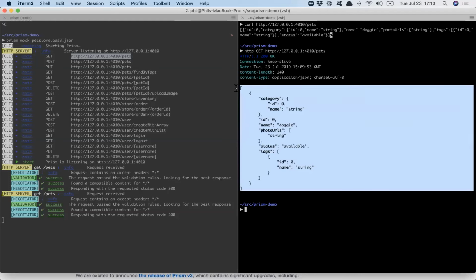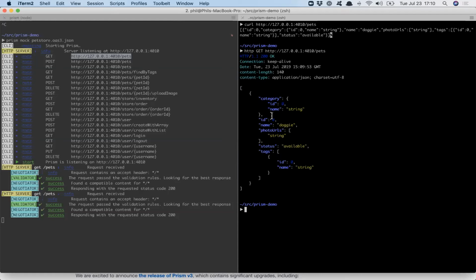A very simple example might look like this. It's not the most useful data in the world because there's an ID number and we don't know what the ID number should be, right? So it's just 0. And you can make this information a lot better. But the point is that Prism will always show something fairly useful, and then it will get more and more useful the more data that you give it.